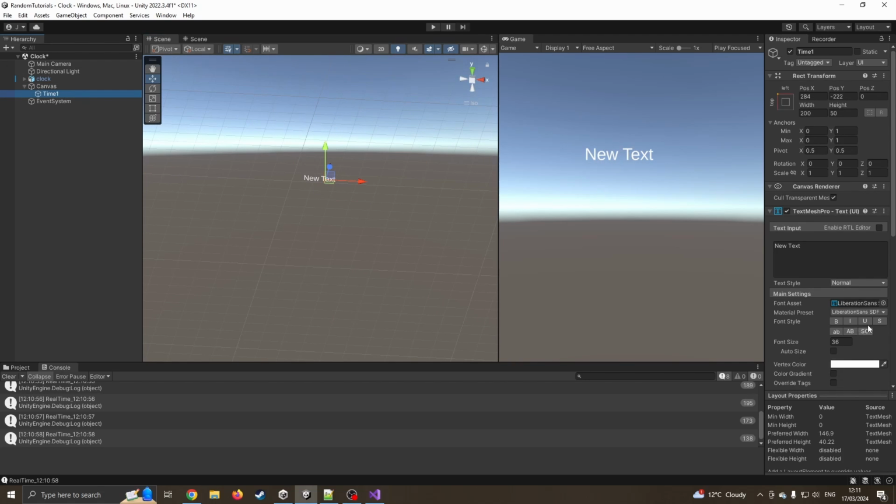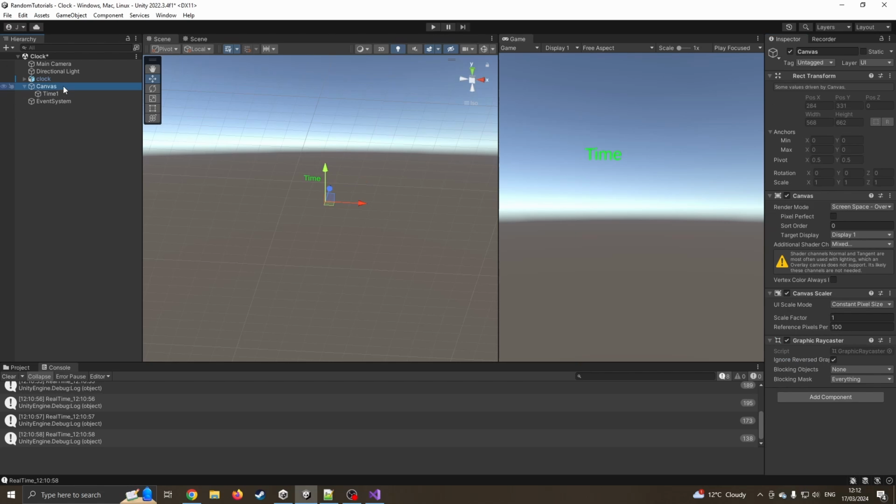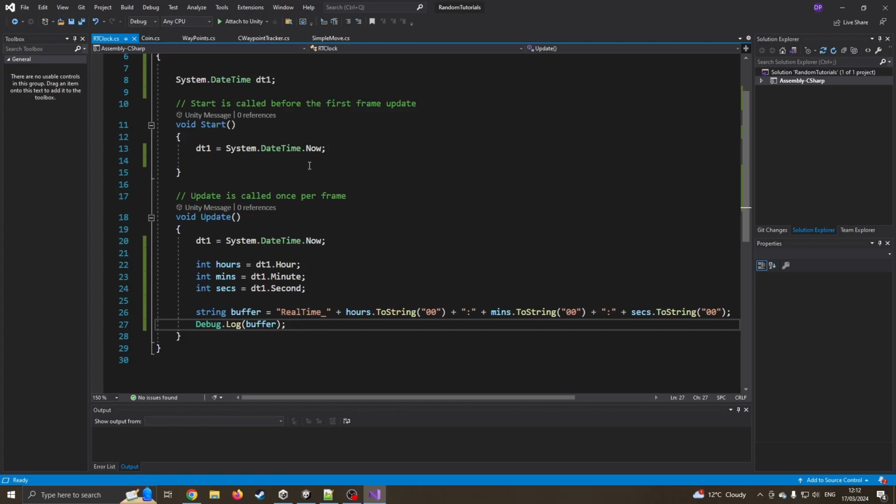So I'm just going to put new text. Obviously, time, don't really need that at the moment. I'm going to make it go black writing for now, or more green, because a lot of digital clocks are green. That'll do. So I'm now going to go back onto my code, and we're going to create a link